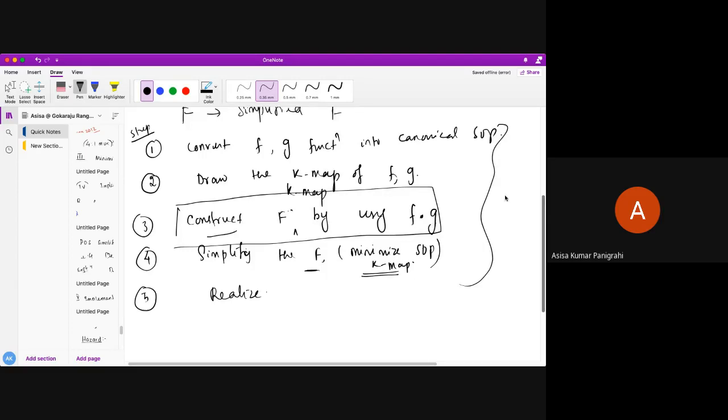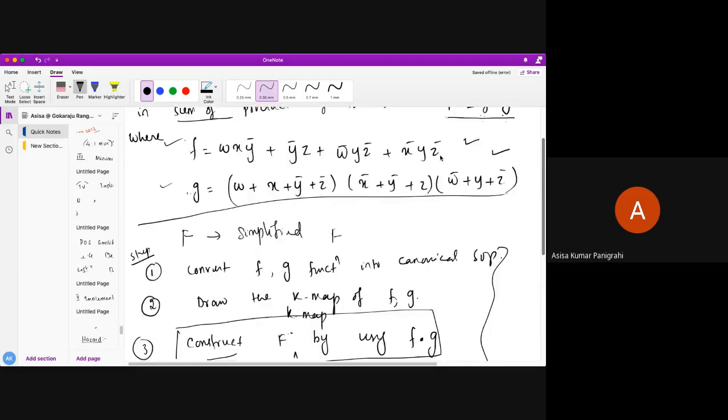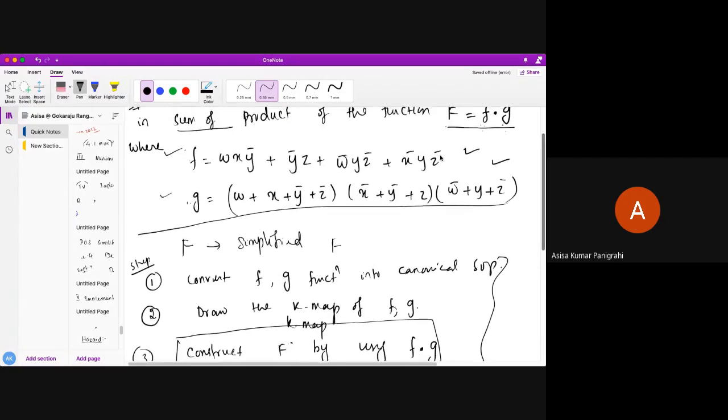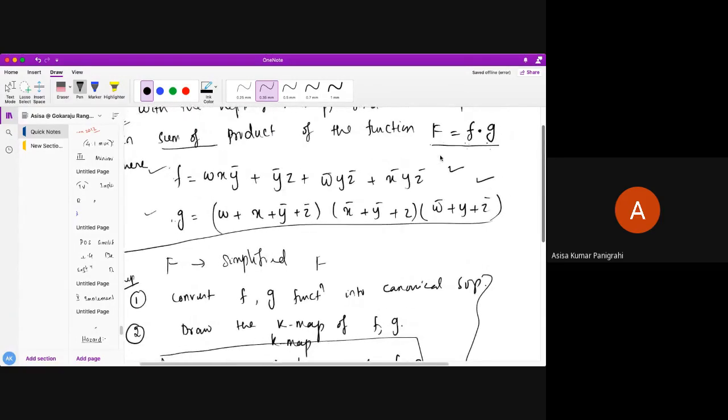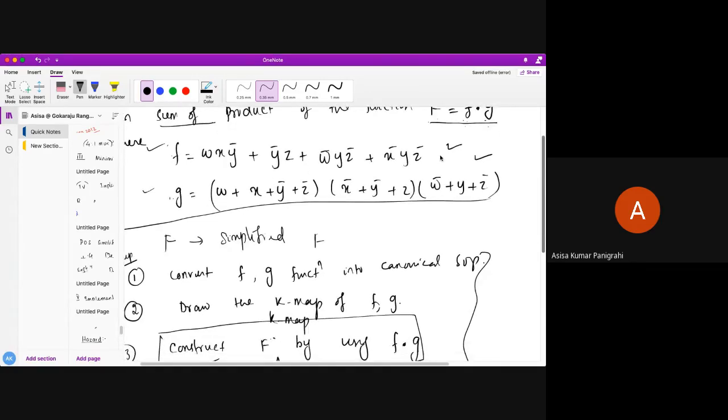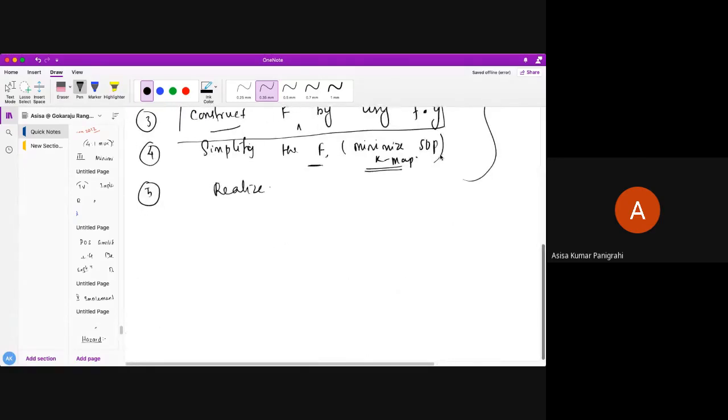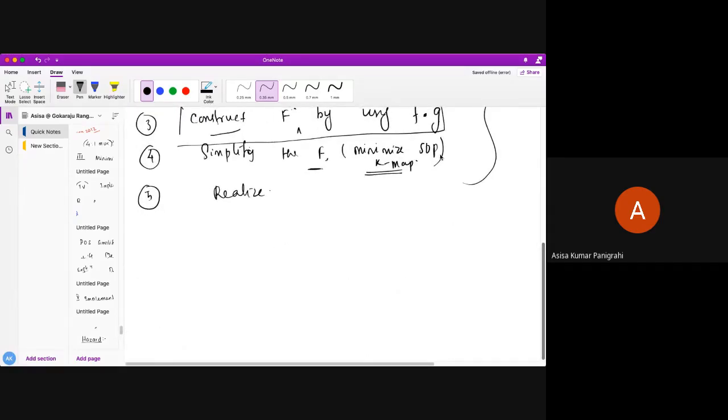This is obviously a 5-mark question, students, or maybe 10-mark questions also come in the exam. You have been given functions. First you need to convert them into the canonical SOP. Tell me, are they all in the canonical SOP? Obviously not. Am I correct, students? It is very simple, you just need to know what to do. You know how to convert it actually. So here I am doing that now. Step 1 is I am going to convert into the canonical SOP.